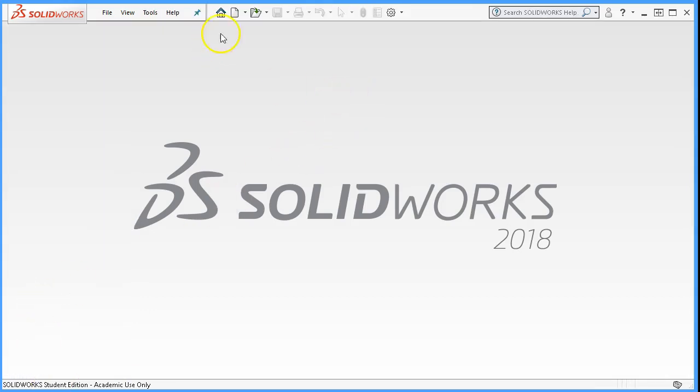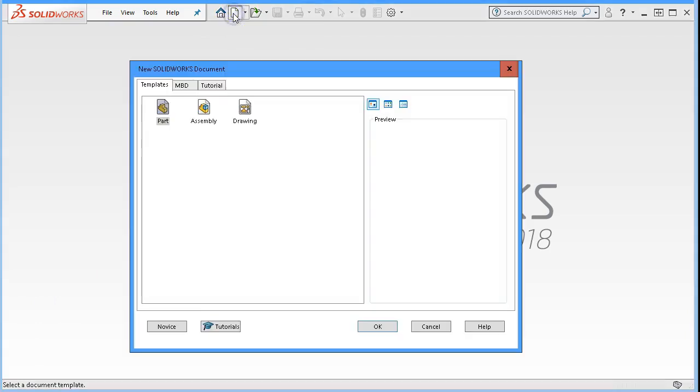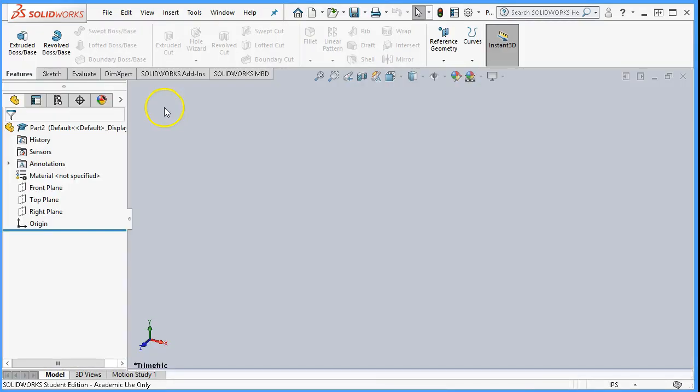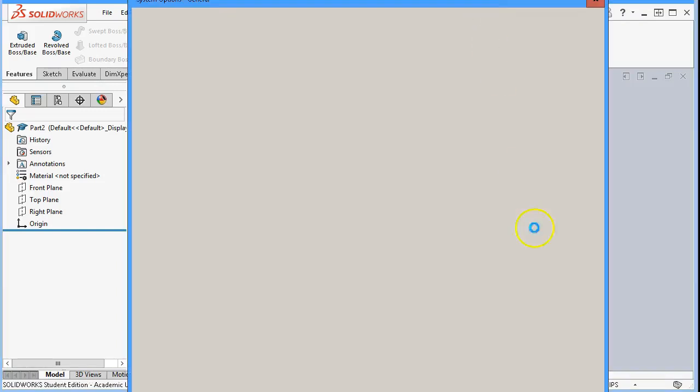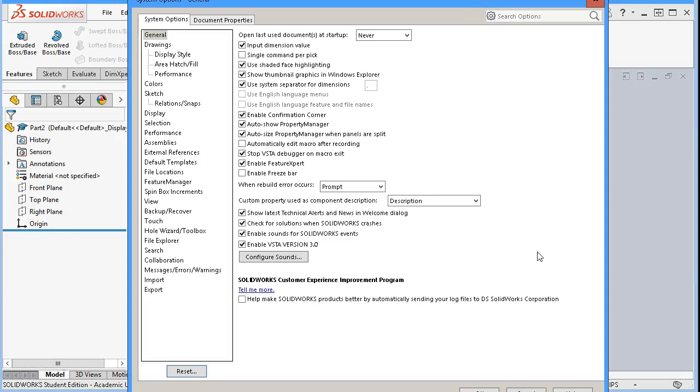Okay, so we're going to run through that again. New part. And then what I had to do, I want to say this computer is now about 5 years old. It's running Windows 10. It's an i7 with 8 gig of RAM. And under performance,